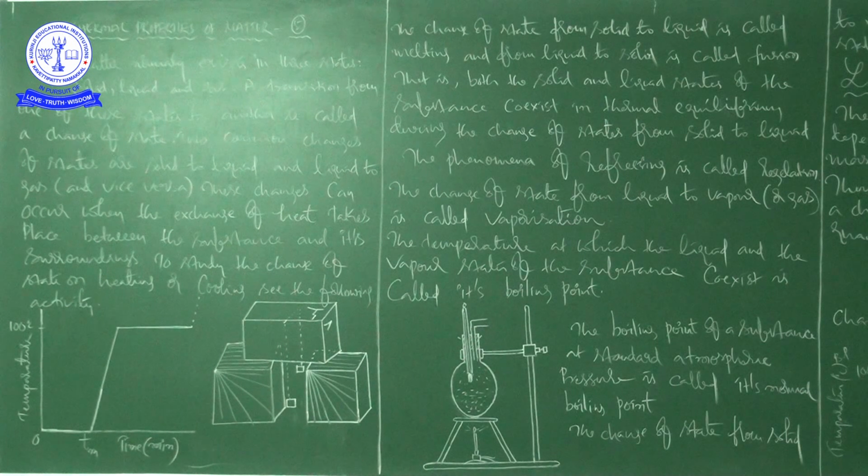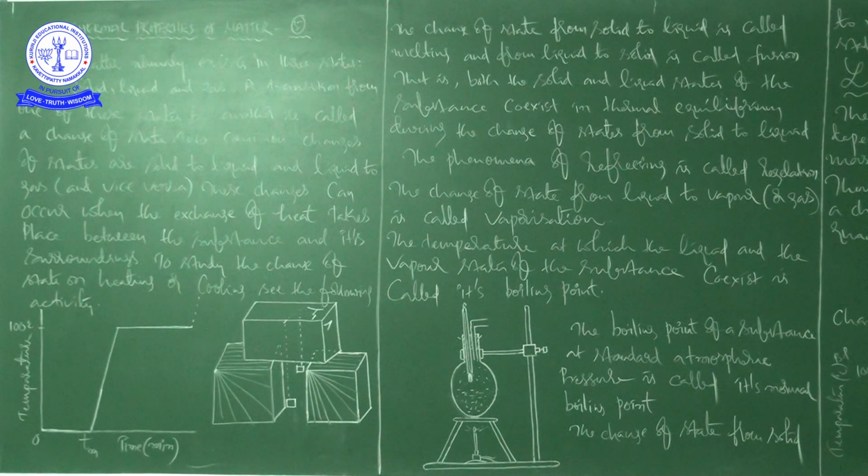See here. Now, after the whole of the ice gets converted into water, as we continue further heating, we shall see that the temperature begins to rise. The temperature keeps on rising till it reaches nearly 100 degrees centigrade, when it again becomes steady. The heat supplied is now being utilized to change water from the liquid state to the vapor or gaseous state, right?